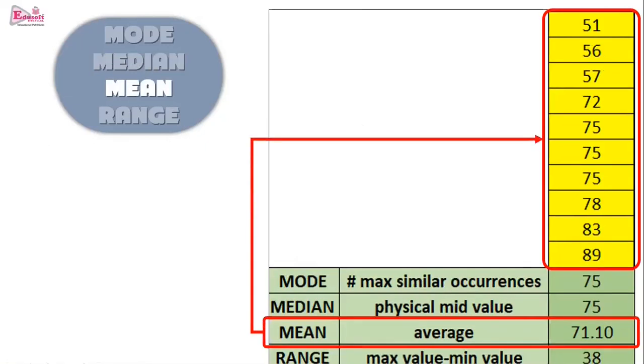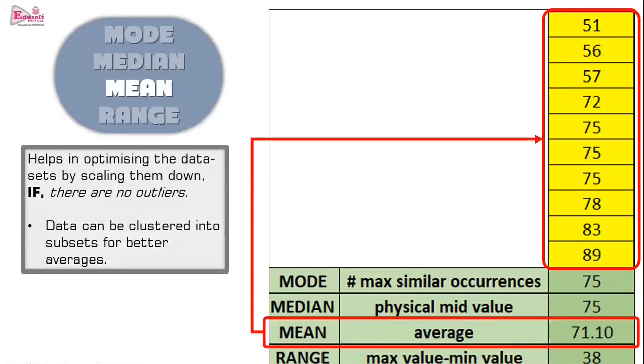As I told you how average causes problems when outliers are there, and median helps. Mean is just the average of the values available. So you just take the average, and averages sometimes help you very much. Averages are good if the values are pretty much close together. But if there is a very high difference between the values, as I talked about with outliers... if there are no outliers, the values are in a good close range. Like here you see 51 and 89 is a good difference. Suppose all the values were in the 70s or 80s, we could have gone for averages.